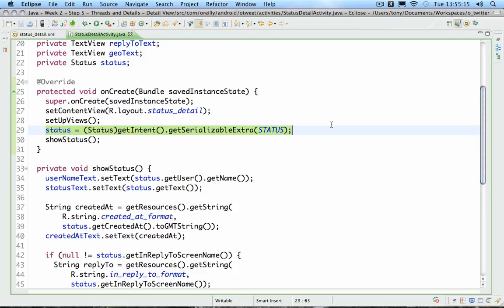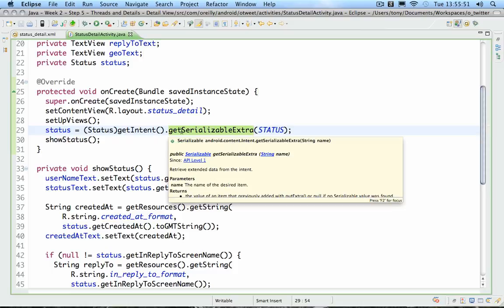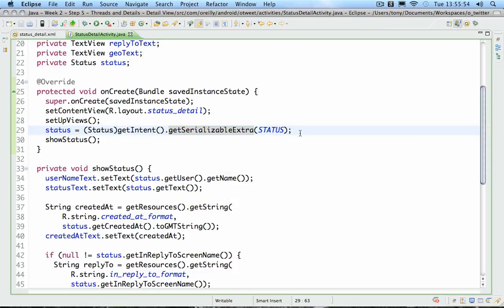And this is again a little bit of a review from the last class, but in case you don't remember, when you start up an intent, you can pass along something called extras to that intent. Those extras can be some instructions, in the form of primitive variables, like passing along some string variables or integer variables, or it can be data that you want to show in the view on the intent, either primitive data, or if you have more complex object data, you can make that serializable data to pass along. And in this case, the status is serializable,